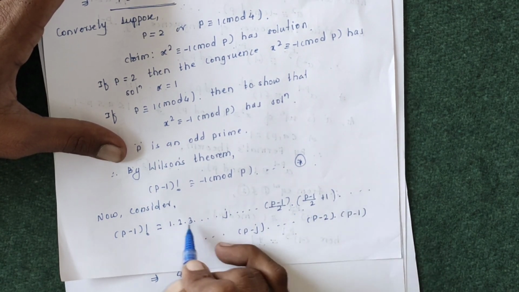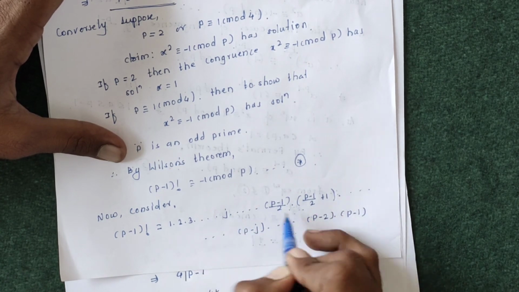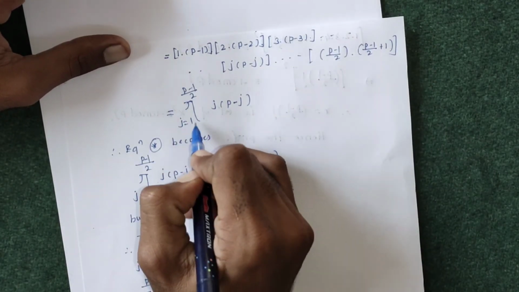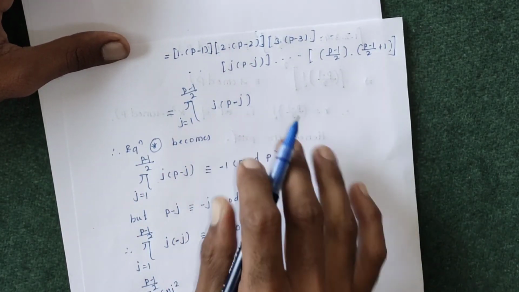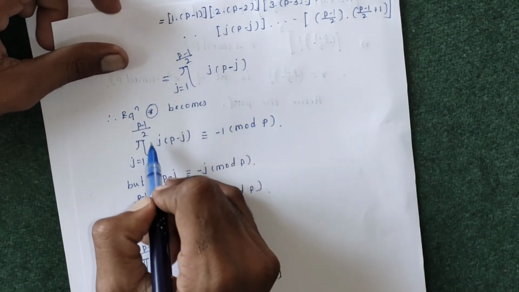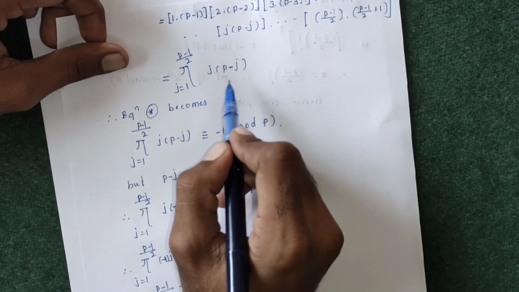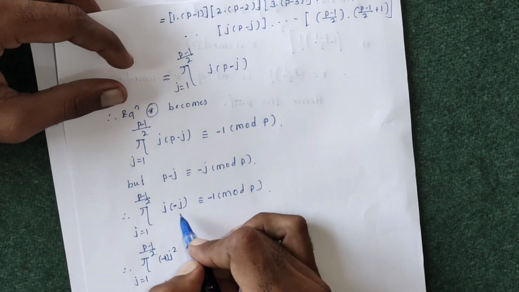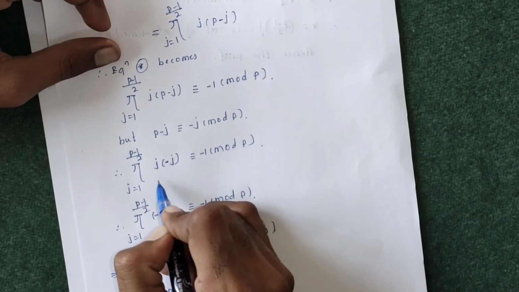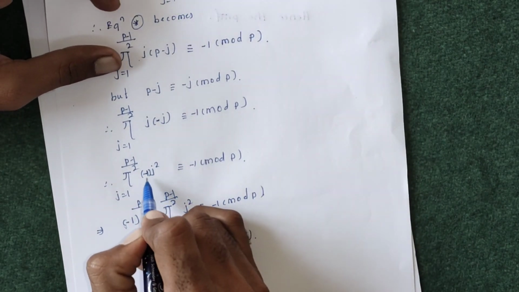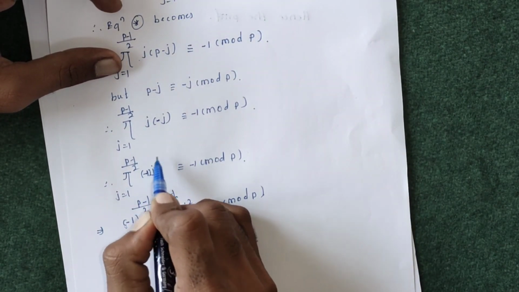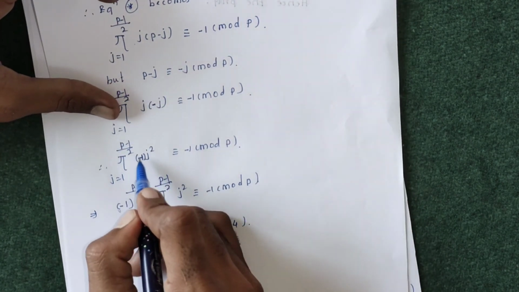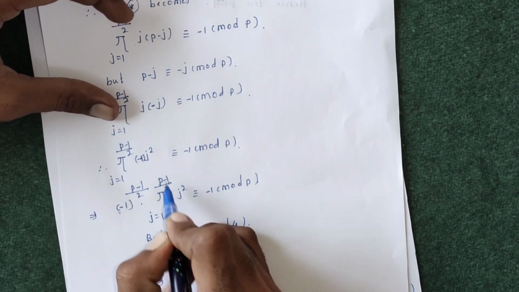Now pairing these two, we get this pairing, and now writing this pairing in this manner: product of j running from 1 to (p-1)/2 of j into (p-j). Putting this in Wilson's theorem, that is the product of these integers is congruent to -1 mod p, but p-j is congruent to -j modulo p. So we write minus of j squared. Instead of minus of j squared, I will write -1 times j squared. So in the product, -1 will appear (p-1)/2 times, so -1 raised to (p-1)/2 is taken common, the product remaining as it is.